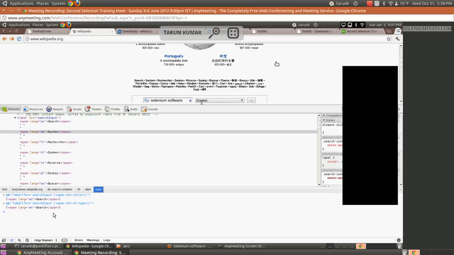Now the difference between nth-child and nth-of-type is, when you say nth-child first, it expects that the first child should be a span. So consider if we had the first child as tr and the second child as span, nth-child would not have worked. But in case of nth-of-type, it will look for the first span child, so it could be anywhere in the hierarchy. It doesn't have to be at the first location itself. So is that clear?